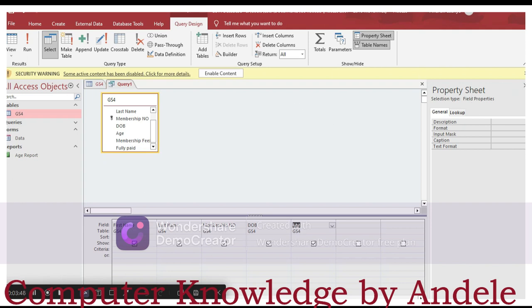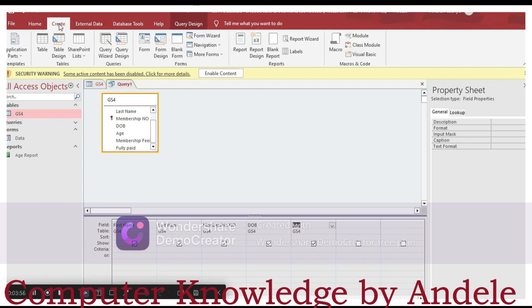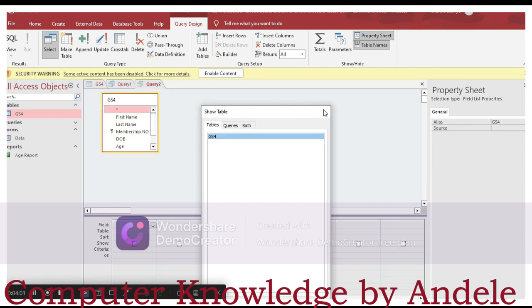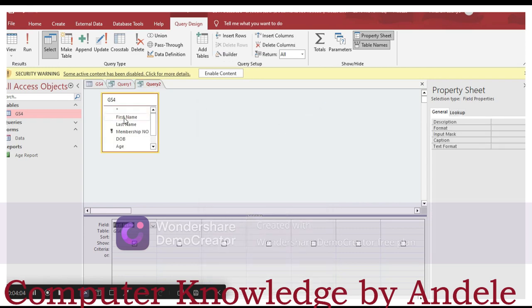Let me close this query and create another query here. Or if not that, you can decide to do this. Just double click one by one, just like that, and then you generate